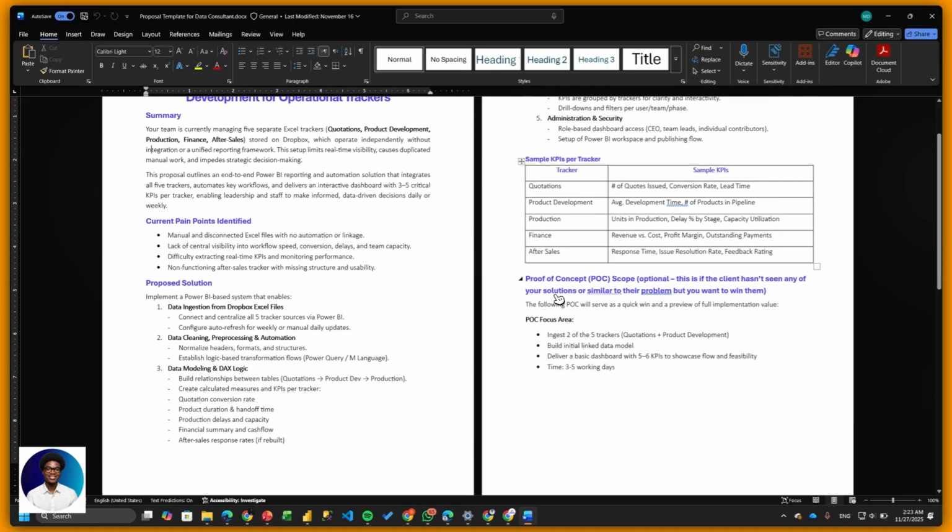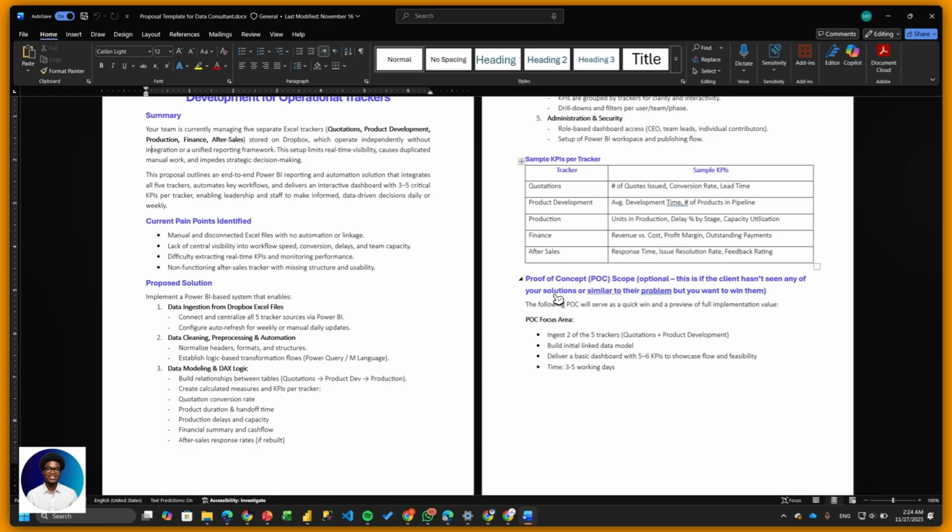POC is for somebody who has not seen your work before, and you are trying to win them over. It doesn't matter if somebody already knows what you are doing and has seen your work. If you are visible and have a portfolio, you don't need to brag or prove anything to anybody. But if they haven't, this is actually good for a company. If somebody wants to outsource something to you, you need to do a little demonstration to say, okay, this is how the end goal will look, because they don't have the knowledge. But people that have the knowledge, you don't need to do a POC.